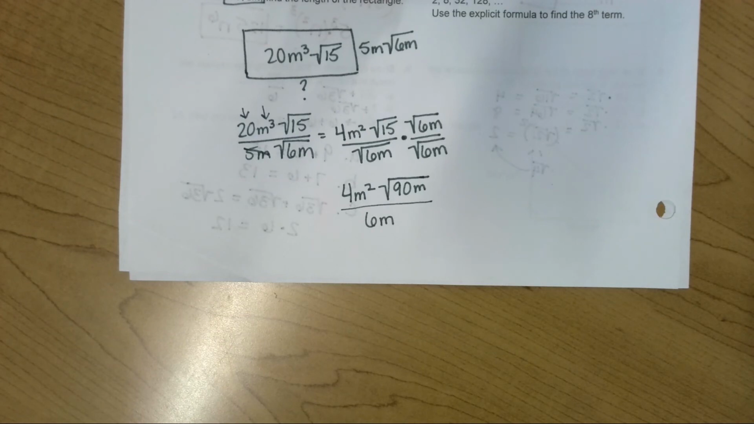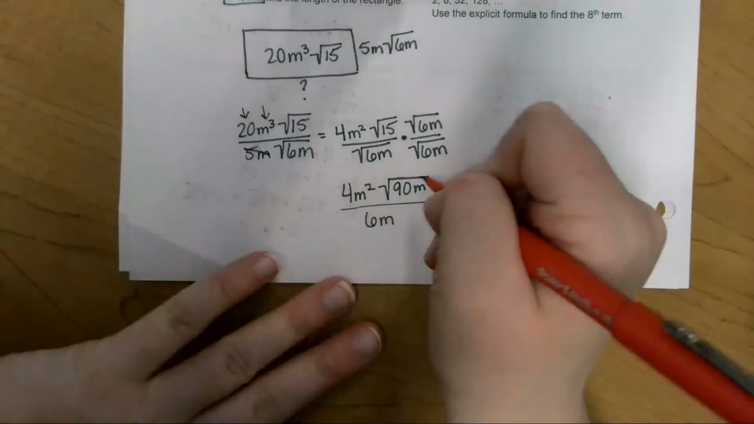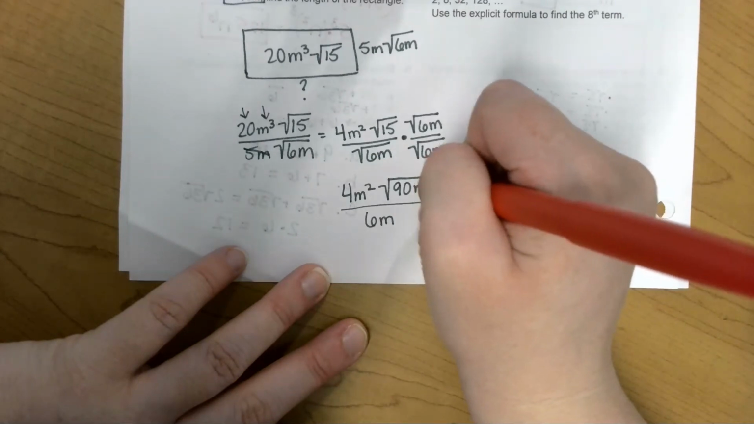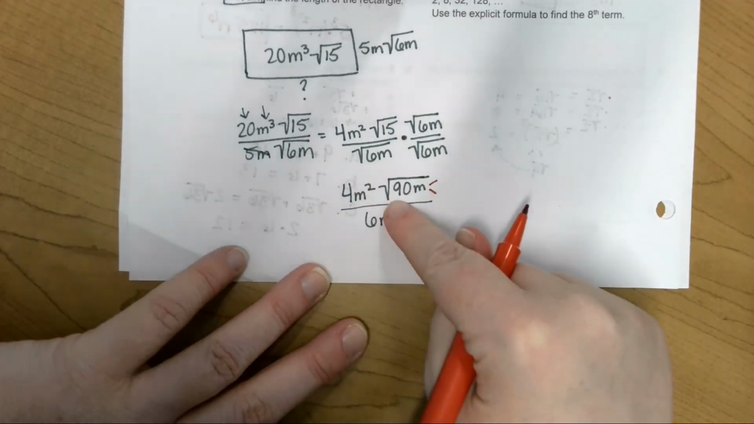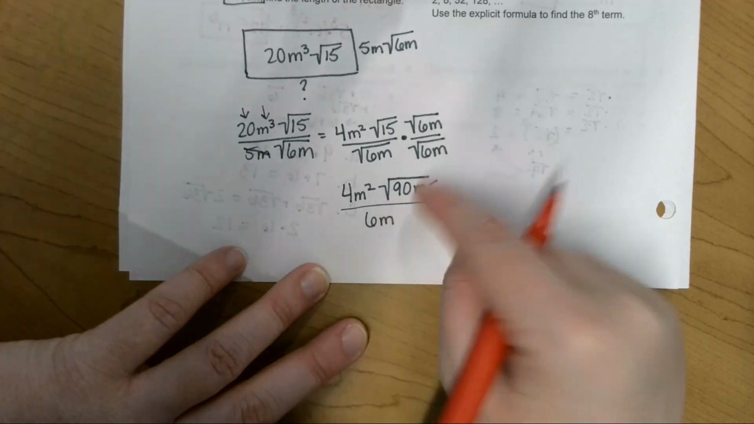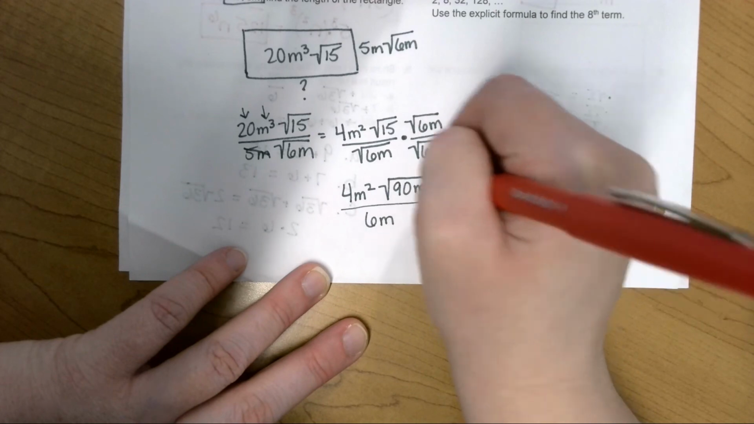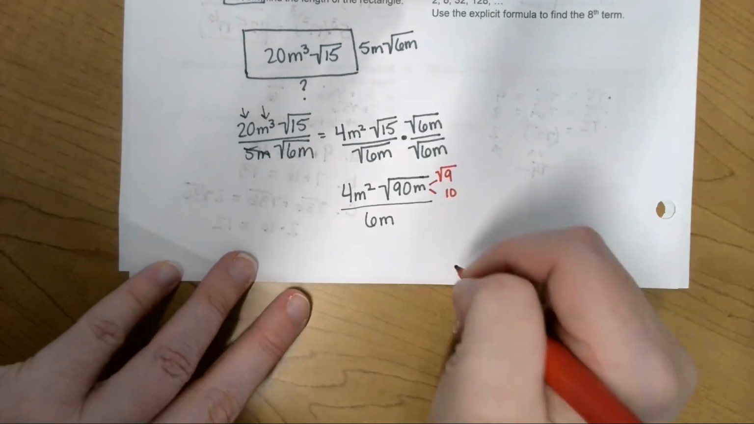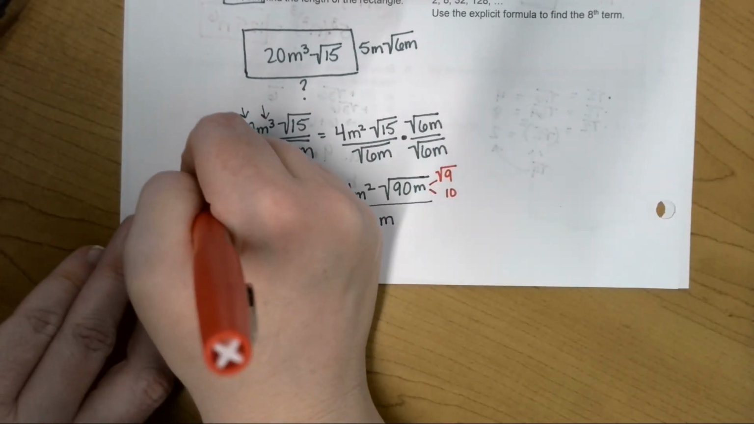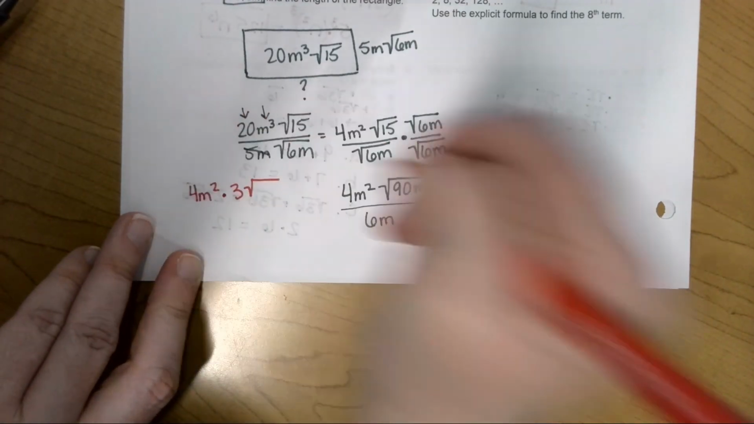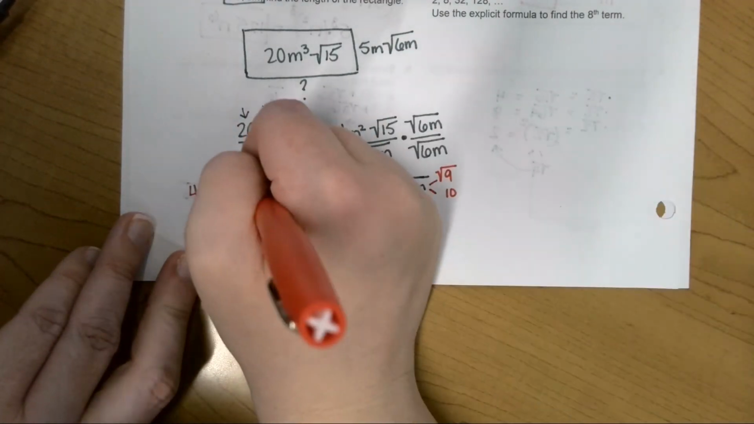Okay, so we can simplify this a little bit further. I'm going to simplify the radical first. I could have divided earlier and that would have made things a little easier, but I didn't think about it. To get 90, I have to multiply 9 and 10. 10 doesn't have a square root, but 9 does, and it's 3. So I'm going to bring this over here: 4m squared times 3 square root 10m